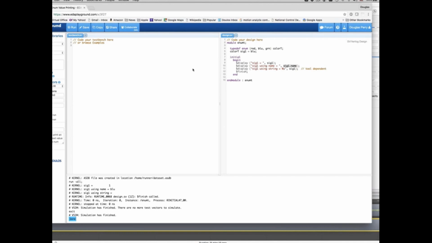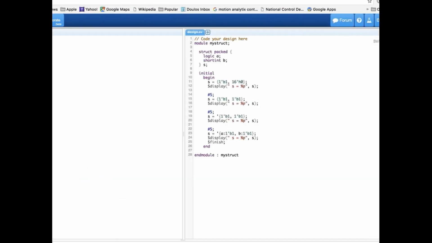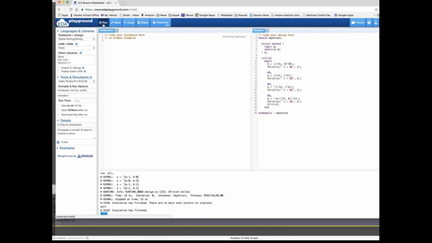Okay, so let's go ahead and look at this using EDA Playground. What we have again is our packed struct here, with a logic a and a short int b, and we're going to run it using the 17-bit value, which will work just because it's 17 bits. Then we'll run it again using the 2-bit value and show you it doesn't work. And then finally using the assignment pattern for the last two. So if we go ahead and run this,